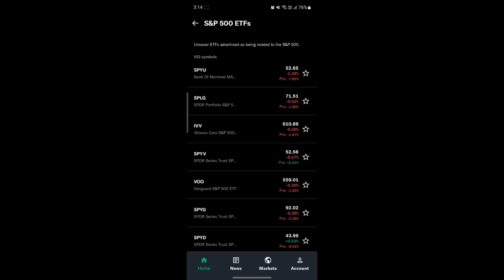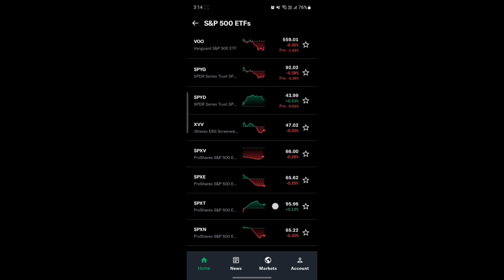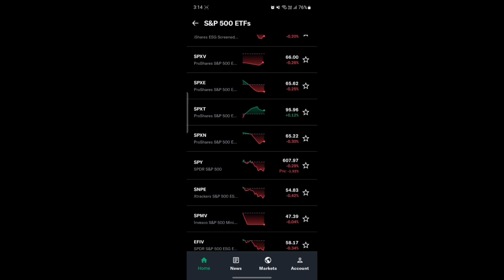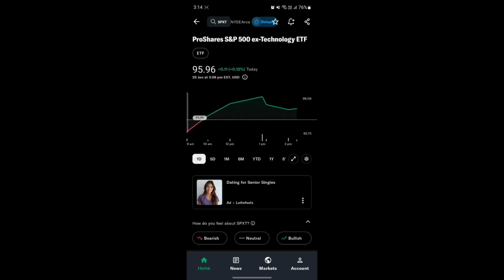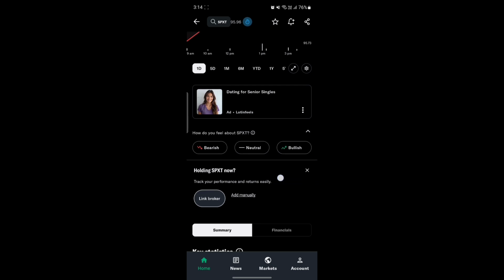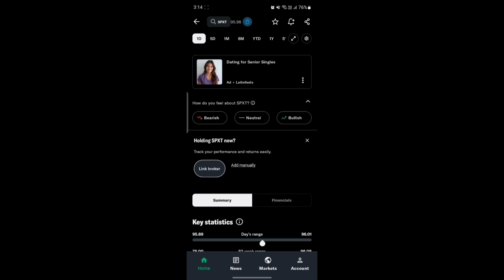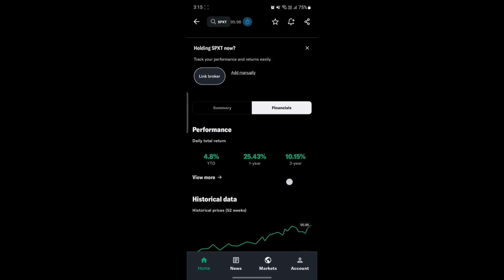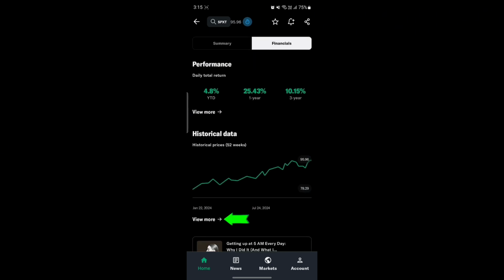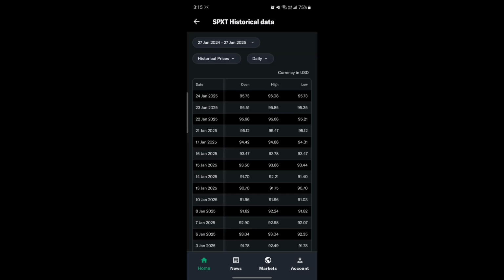So go ahead and tap on the S&P data, and you can see these symbols have offered the S&P data for you to watch. So you can just go ahead and select the company or the symbol, and the next step is you need to scroll a bit down and find financials right beside summary. Go ahead and tap on financials, scroll again and find historical data and view more. So go ahead and tap on view more, wait for a while, and you can see these all are the